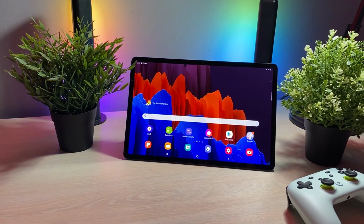The iPad Pro 2021 was announced earlier this year with an impressively powerful M1 chip with an almost impressively expensive price point, and Samsung's response to the powerful iPad Pro would come in the form of the Samsung Tab S8 and S8 Plus. But for now, all we have is S7 and S7 Plus, and recently on YouTube I've seen